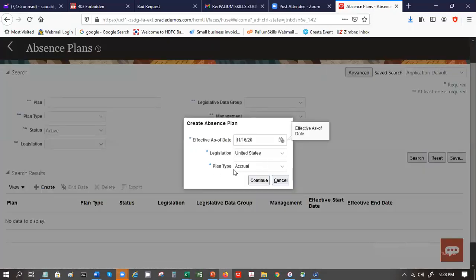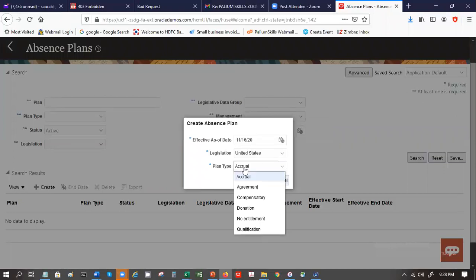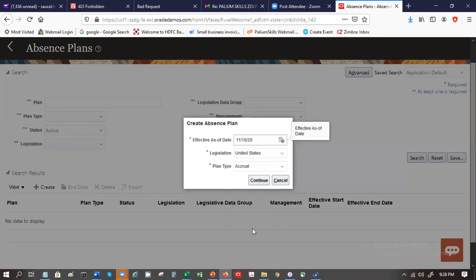So this is important, what type of plan that you are creating. Okay, so accrual plan, agreement plan, compensatory plan, donation plans, no entitlement, qualification plans. So let's say we are creating an accrual plan for now. Okay, and we could have a start date of 1 1 20. Click continue.